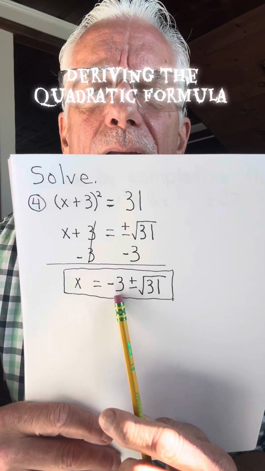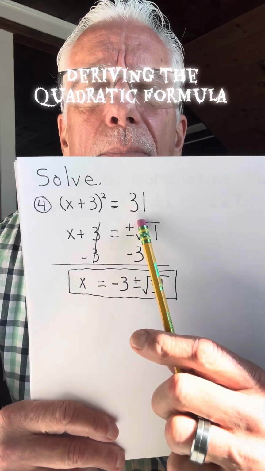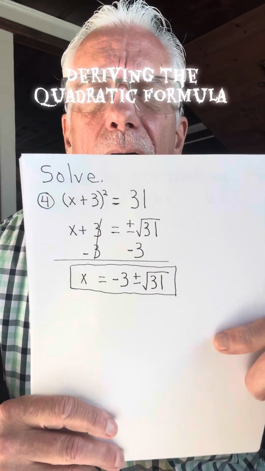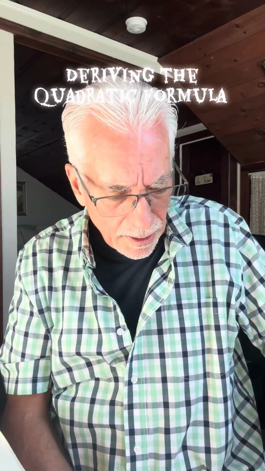We always do the -3 first. So -3 plus or minus the square root of 31 is that answer right there. Okay, all right, now